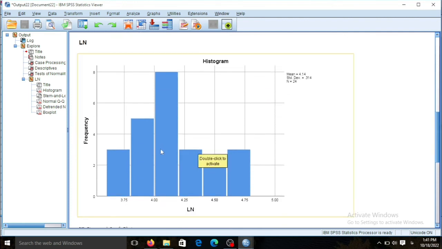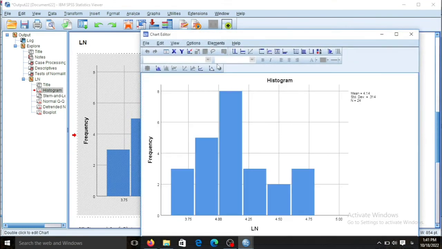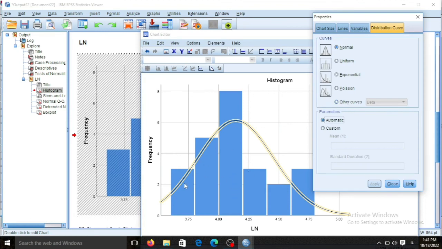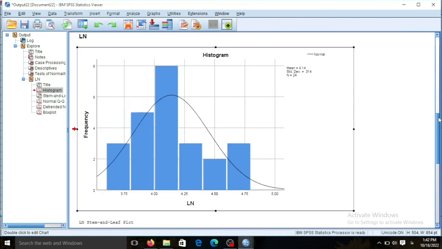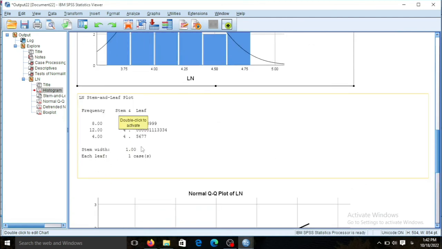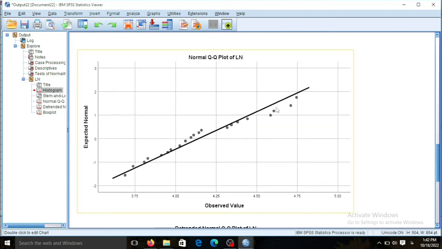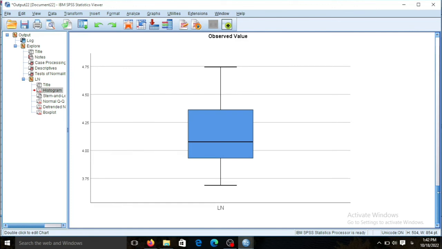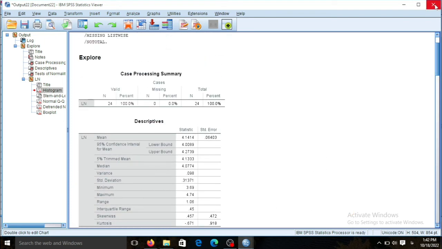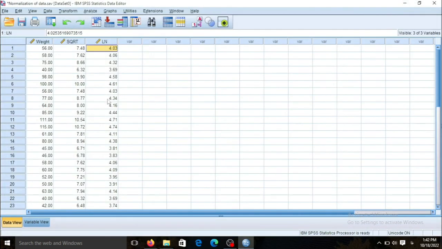And notably my histogram improved in shape, and I can show you this line, this curve, which has been closer to the bell shape, and also the stem and leaf plot is very close to the normal distribution, and again these dots here have been closer to this line in the QQ plot, and also you can see this arm has been closer in size. So I can use this column for my analysis, but if I want to use this column for analysis, I must also do the same for the other variable